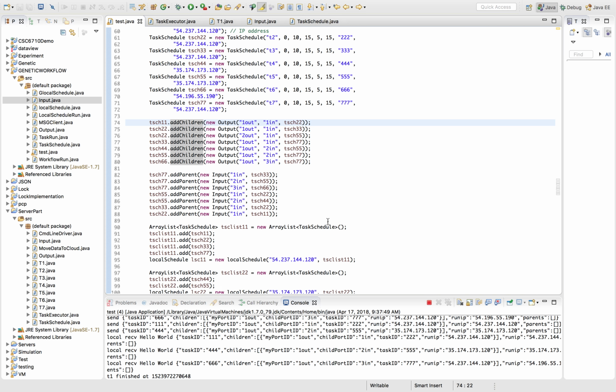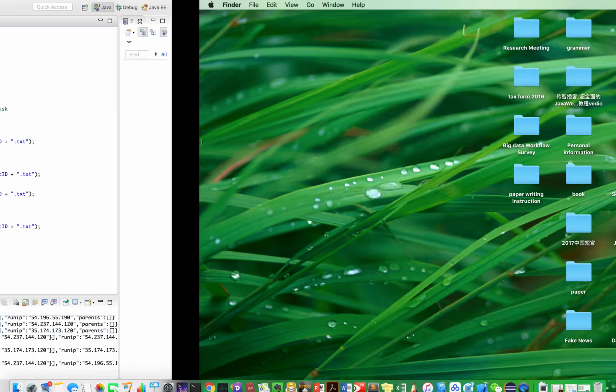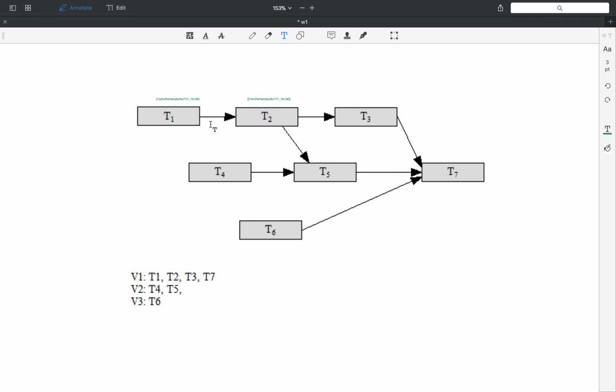Last week I've been working on the movement from one task to another task and making this function available in the task executor. So this is the task executor. Before we run this task, I will give you some background of this part. So let's go to this